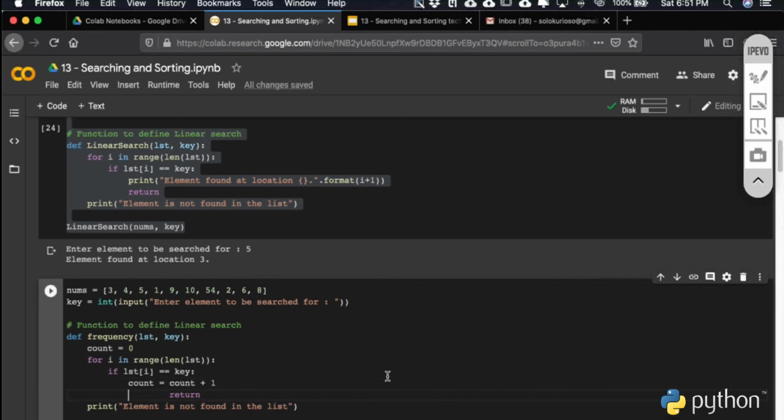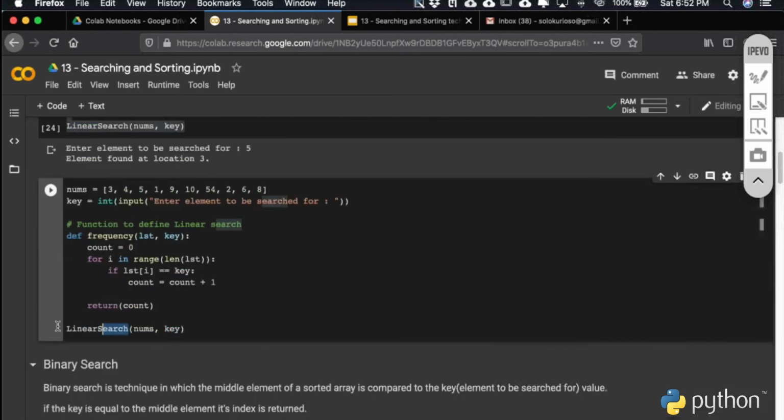Because we need to traverse the whole list, let's remove this return statement. We should also remove this print statement. All we need to return is the value of count. So this becomes your function which will give you the frequency of any item in the list.